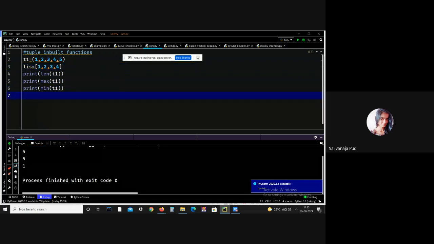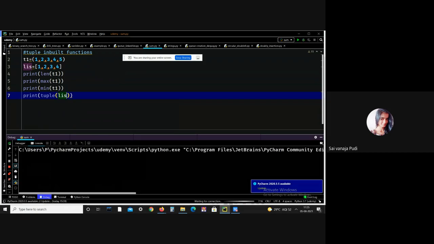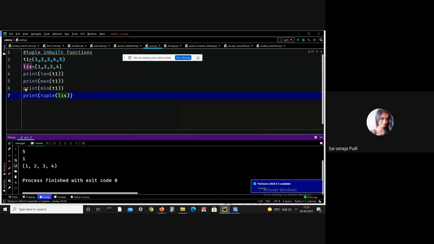There is an inbuilt function, that is tuple. Using the tuple function, we can convert that particular list into a tuple. See, the list is converted into a tuple. Here there are open and closed parentheses, but the list had brackets. This is all about the inbuilt functions as well.